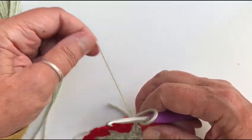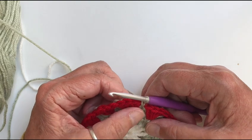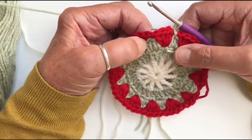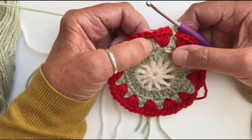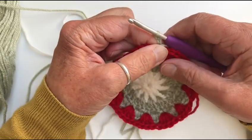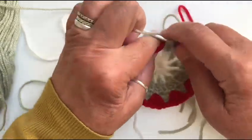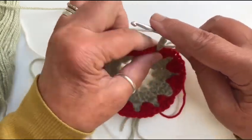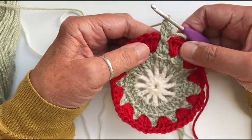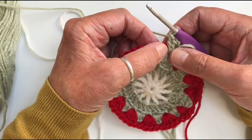And we're going to put 3 trebles into the space between the treble stitches from round 4. So chain 2, and that's your first treble, and then 2 more trebles in that same space between the stitches. So you've got 3 trebles like that, and then you're going to do something similar with the 4 trebles on